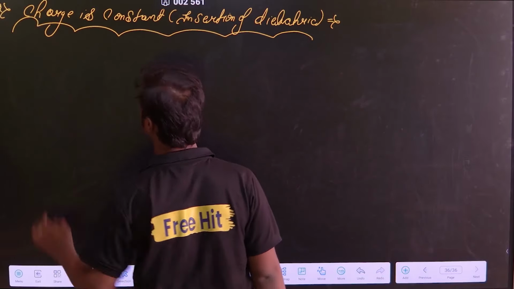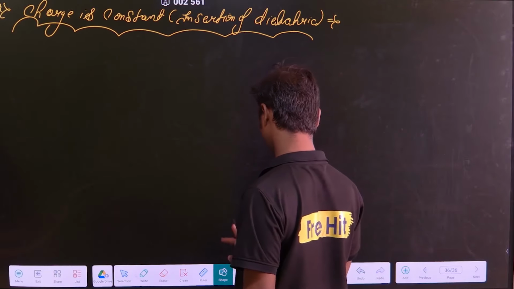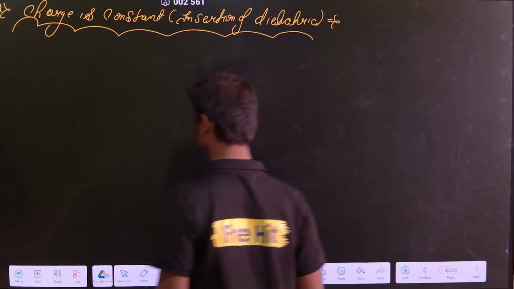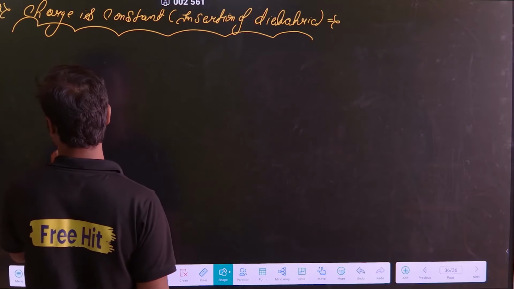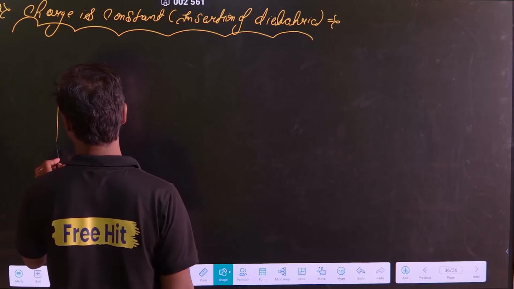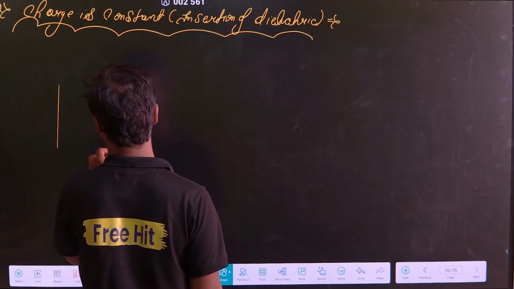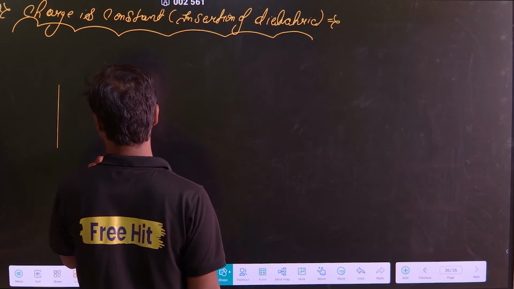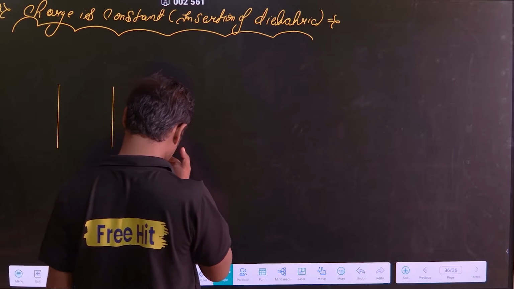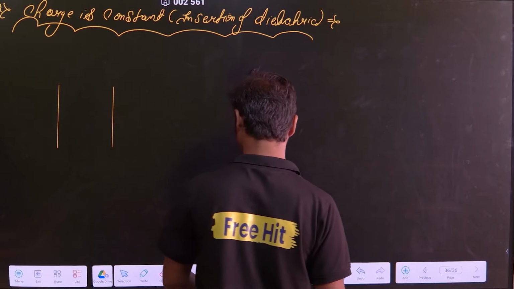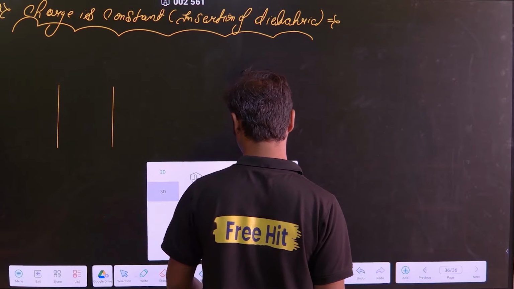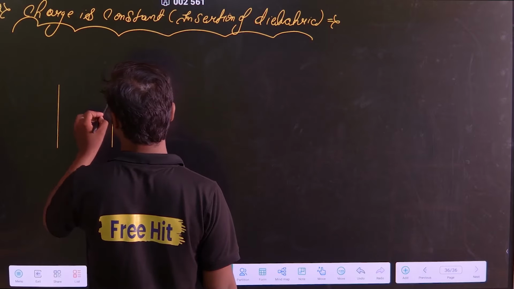So let us just start the discussion. Clear? Okay. So basically charge is constant means, suppose this is my parallel plate capacitor, and we are inserting a